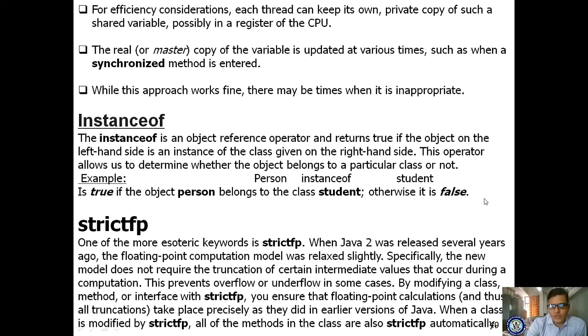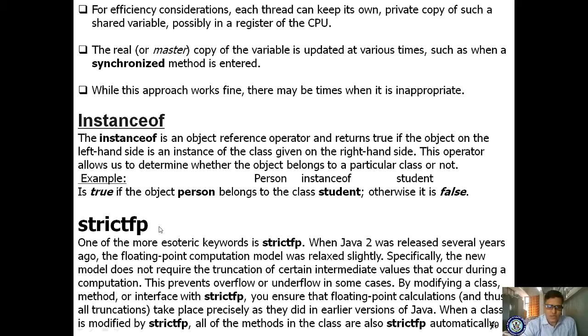If you define the object for this student as a person, then the instanceof keyword returns true, otherwise it returns false. So what is the purpose of the instanceof operator? It returns true if the object belongs to the class. That is why it is called an object reference operator.